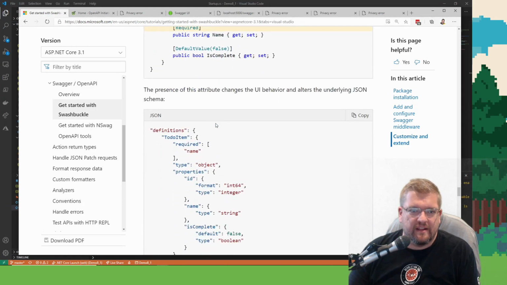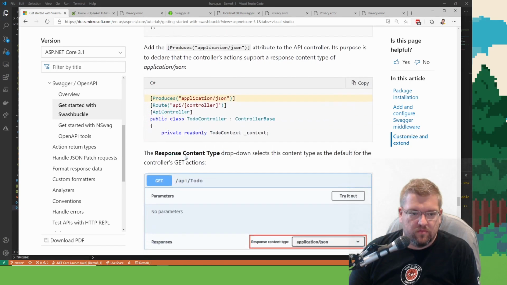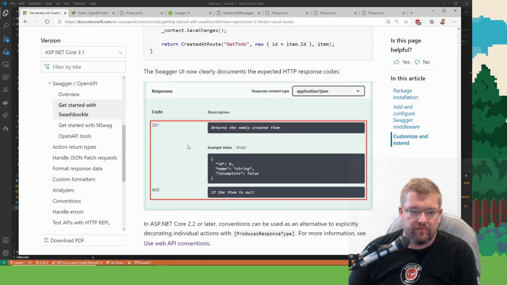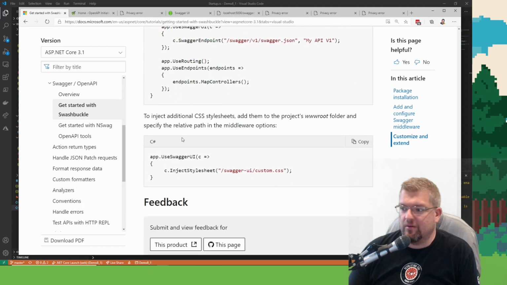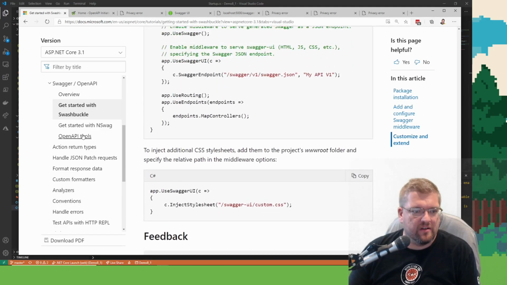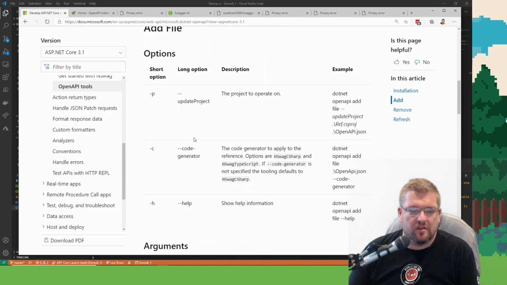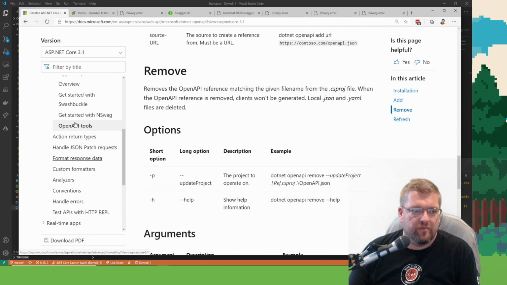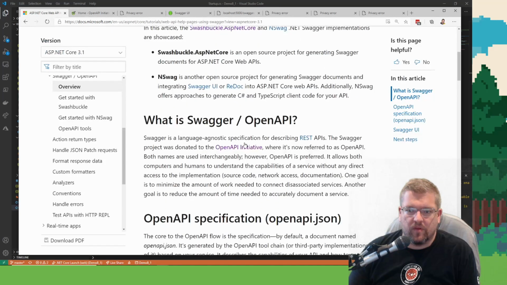I like the data annotations, default value. Customized UI. I don't think I'm going to talk about that because I don't care. Open API tools. All right.